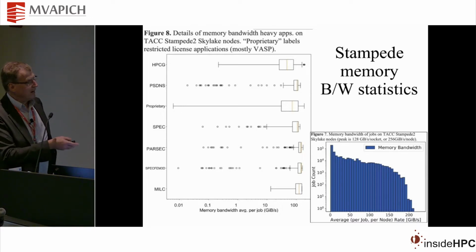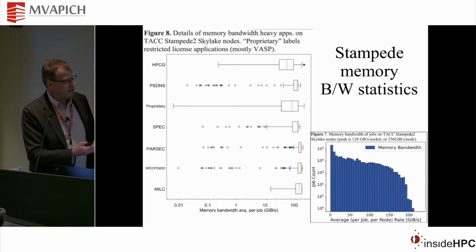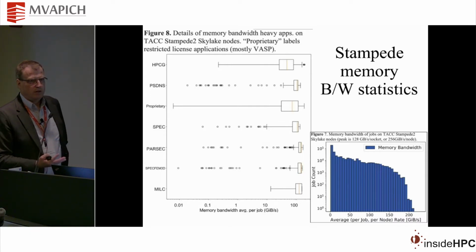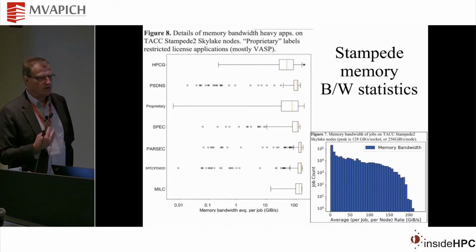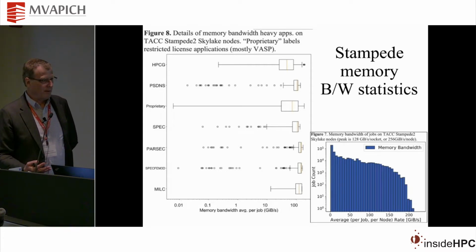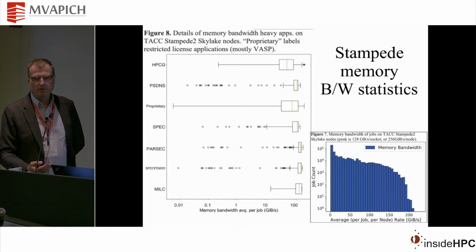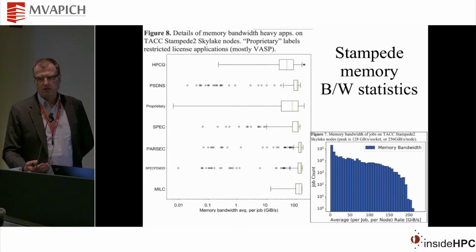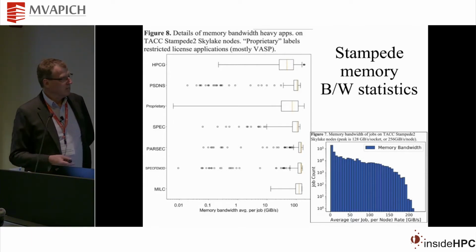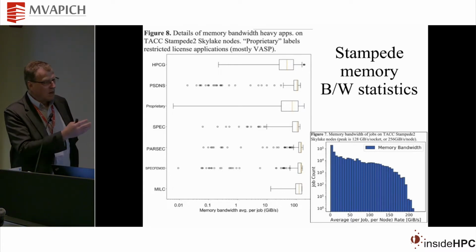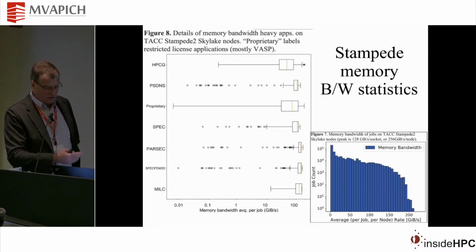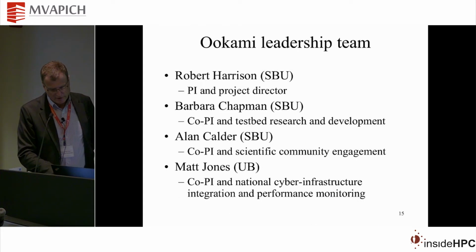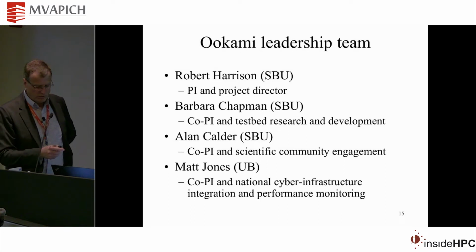This is some stats not about capacity, but about memory bandwidth, indicating that a very large fraction of XSEDE jobs are actually consuming a large fraction of available memory bandwidth. Now, that's not to say that they're limited in performance by that memory bandwidth. We're talking with the XDMoD team about how we capture statistics to make that additional level of conclusion possible. But it is indicative that many applications are poised to benefit significantly from the key feature of this machine, which is the extreme memory bandwidth.